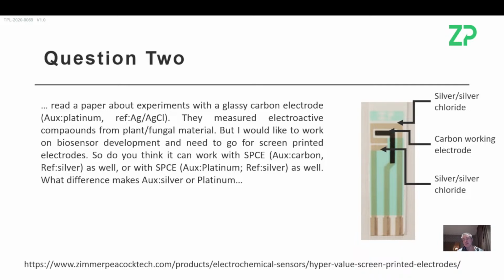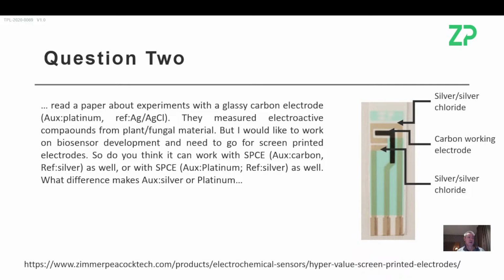It demands a very small compliance voltage. So this electrode can actually be used with USB potentiostats that, for example, a platinum counter electrode would not be able to, because those little potentiostats can't apply large compliance voltages. So I did have one of the manufacturers tell me of a USB potentiostat, said that he